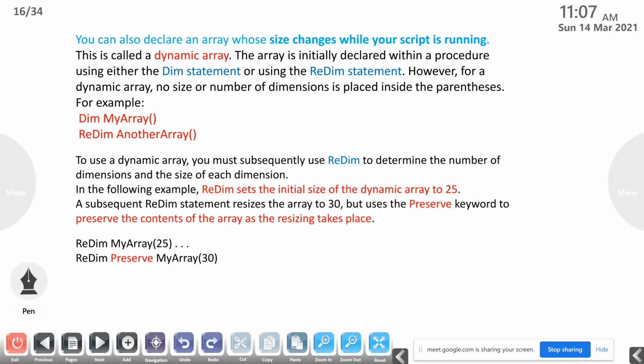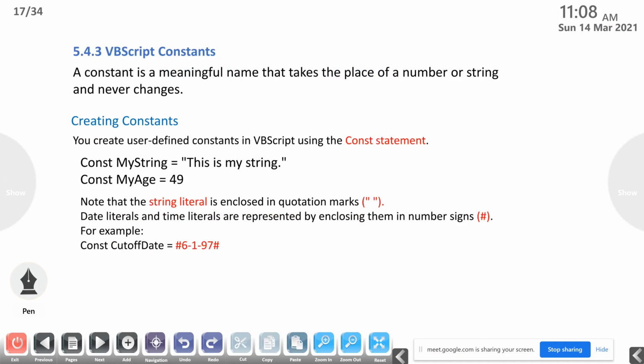If you are not using the Preserve keyword, what will happen? If data is already inside that array, it will be removed. So the Preserve keyword preserves the content of the array as the resize takes place.